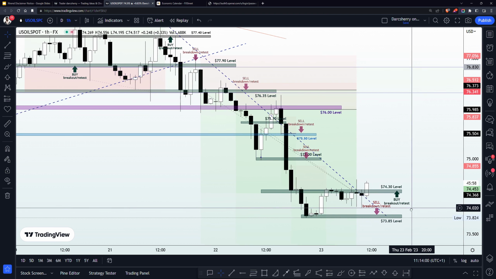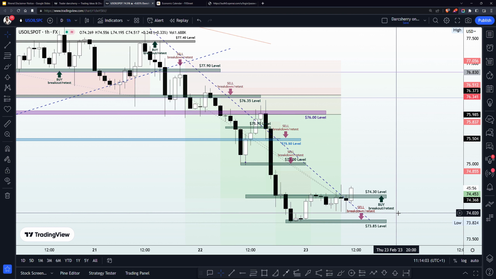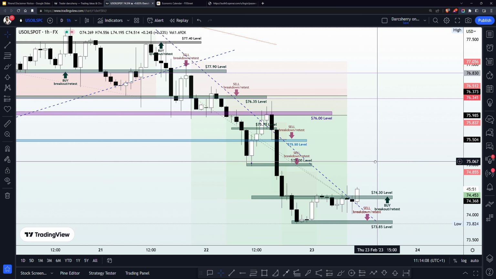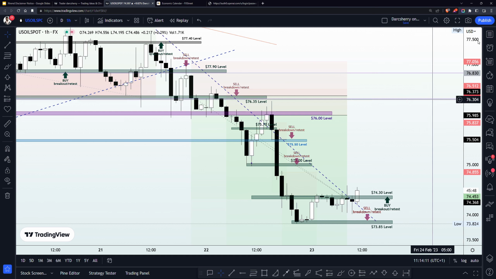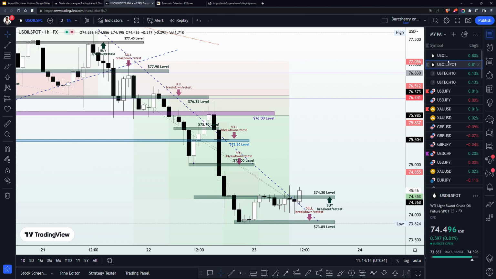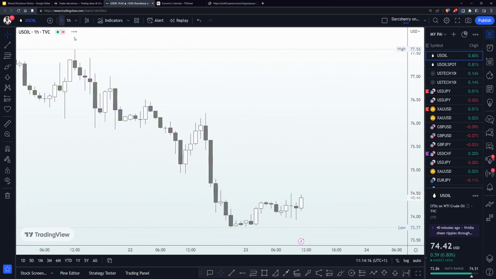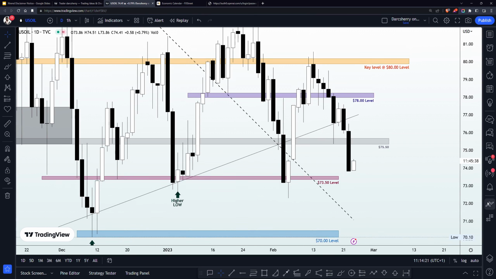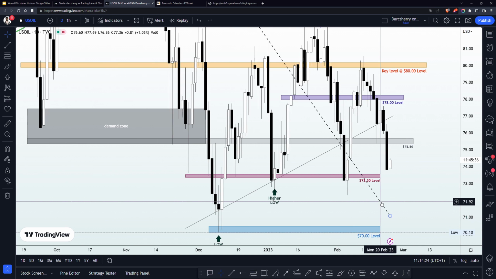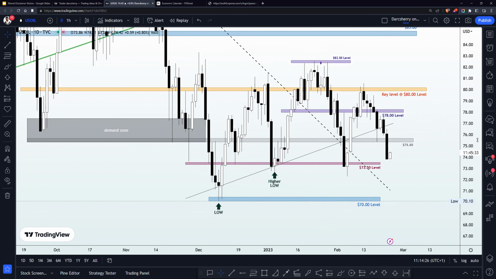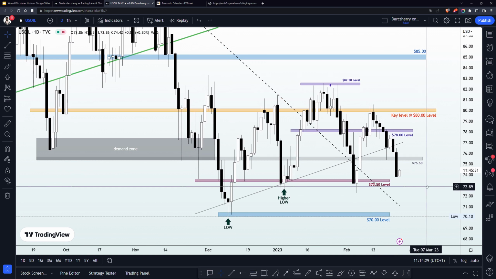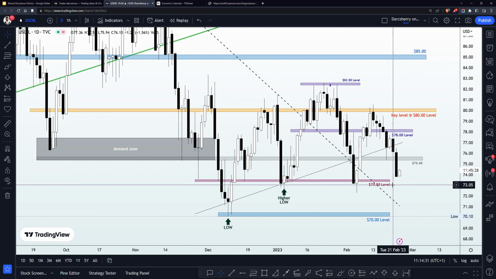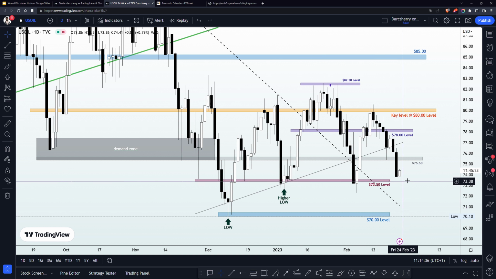session today. So before I go into the details of what our expectation is going to be like for today, the first thing I would want to do here is to scale up into the daily time frame so that we can have a holistic view of what is really going on in this market. And the reason why we would have to go into the daily time frame is simply because we need to look at this from a long-term perspective and identify if the sell position that we had yesterday is still going to be valid for today, or we might likely be seeing a bullish momentum from that point.